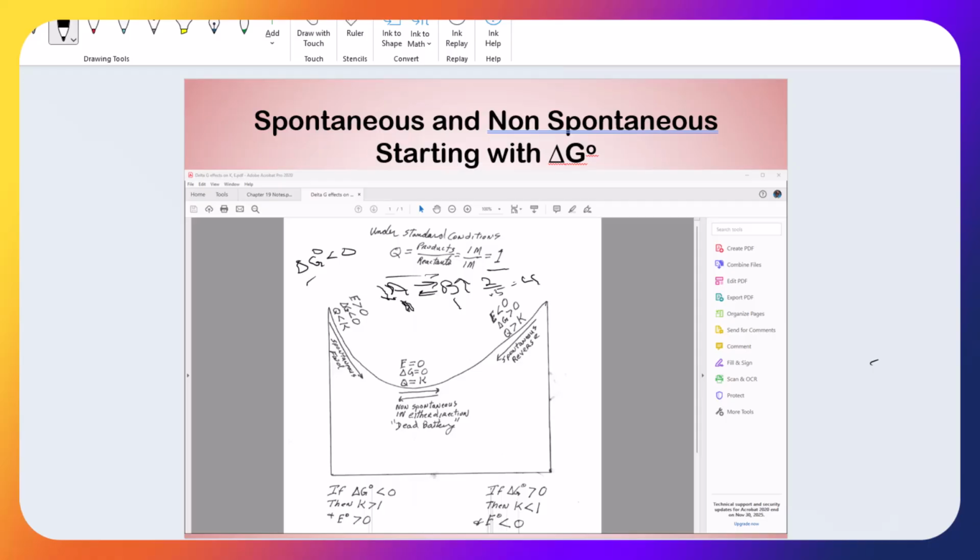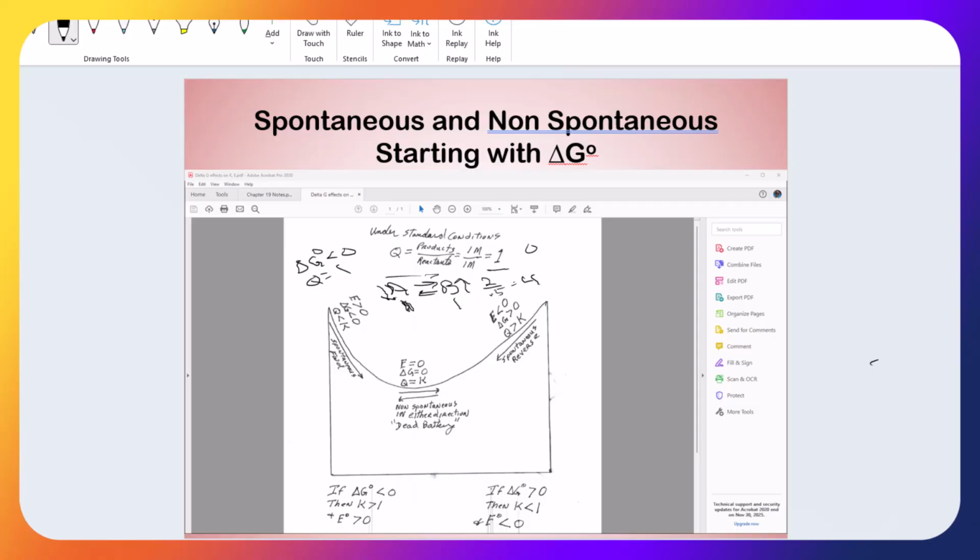And that's when Q is equal to 1. So K has to be greater than 1 if delta G naught is less than 0, because from standard conditions, where Q is equal to 1, the reaction is spontaneous forward, generating more product, consuming reactant, and making K greater than 1. If we go over to the other side, and let's say delta G naught is greater than 0